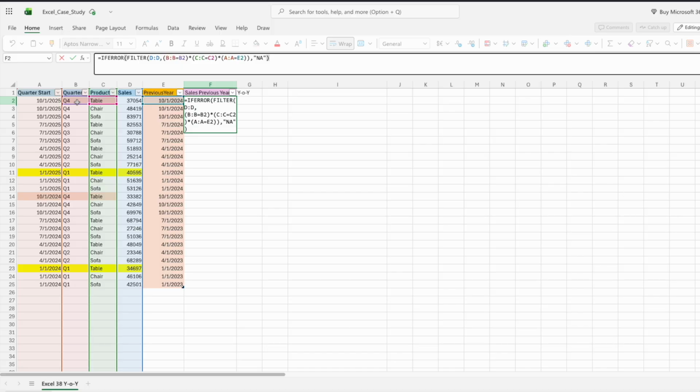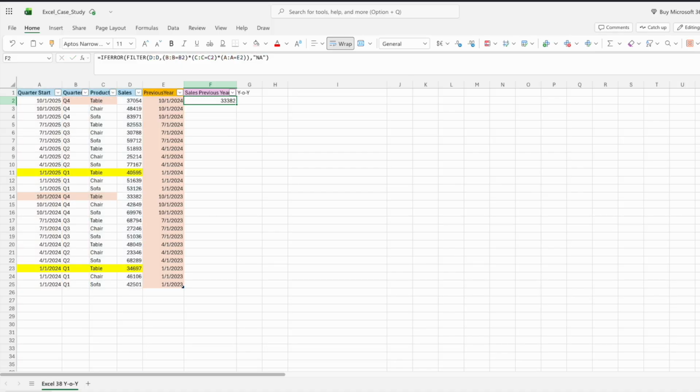And if there is an error, if there is no value when we apply all this filter, then it should return NA. So once I apply this filter, in this cell I am getting 33382, and when I drag this formula down for year 2025, I'll get the values, but for year 2024, because I don't have data for 2023, I'll